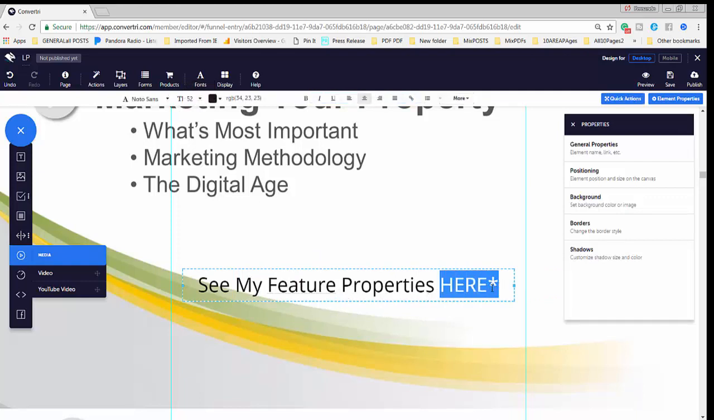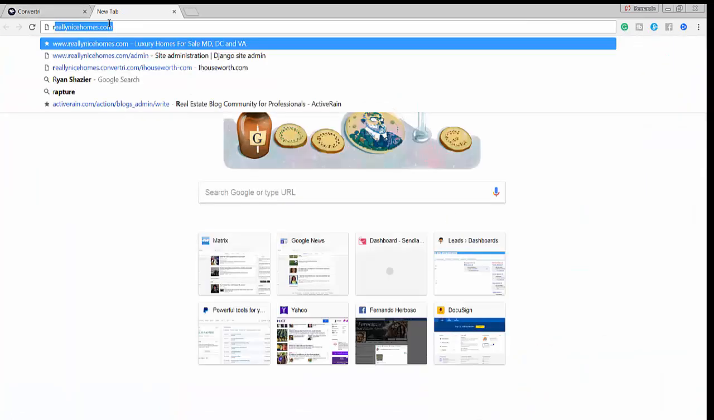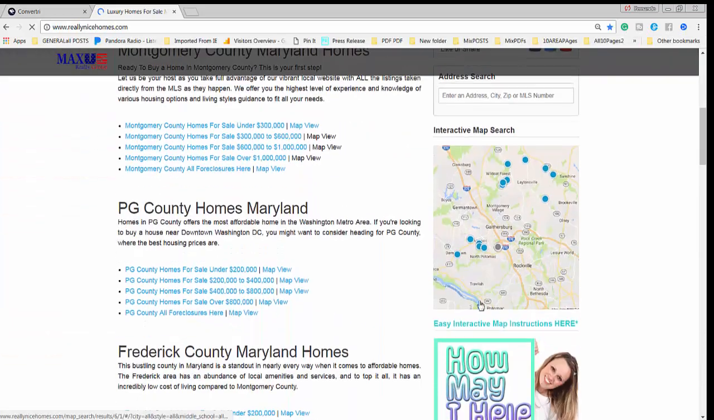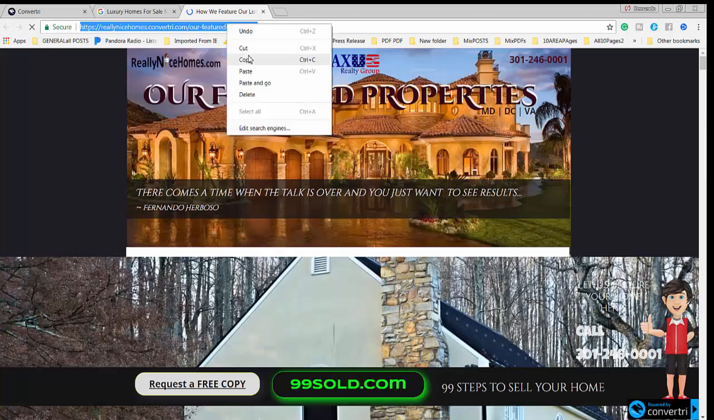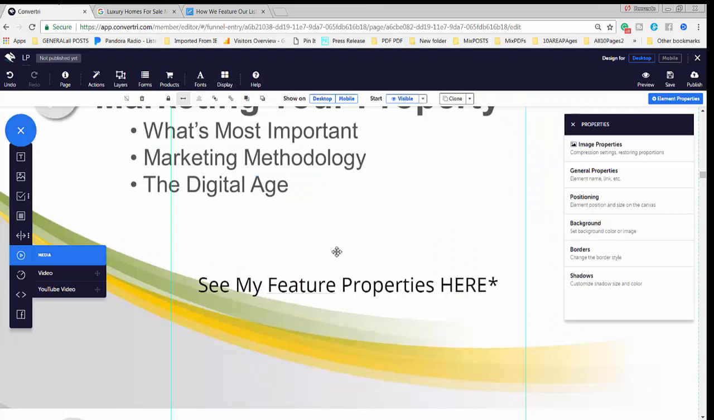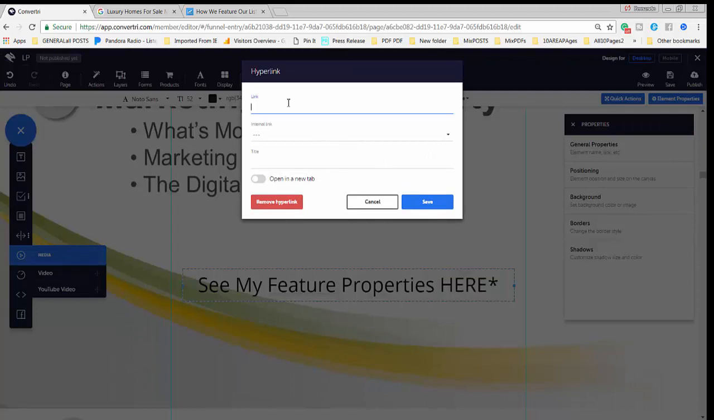So now we're gonna put a link here. The link is going to be from my website. I can go to my website, and this is where I have my feature properties. I'm gonna copy this URL. I'm gonna go back here, and I'm gonna go to the hyperlink. I'm gonna drop it here. I wanted to open in a new tab because I don't want them to lose them, so I'm gonna save